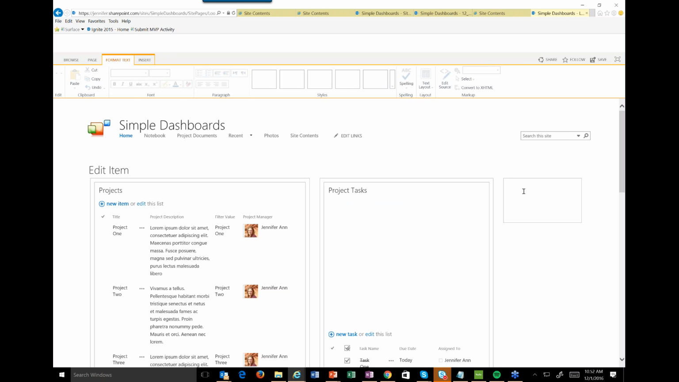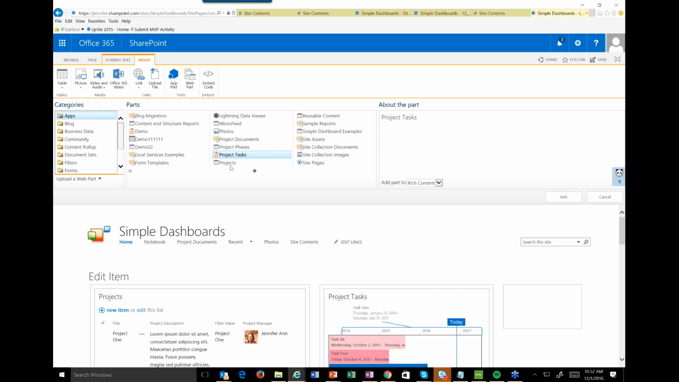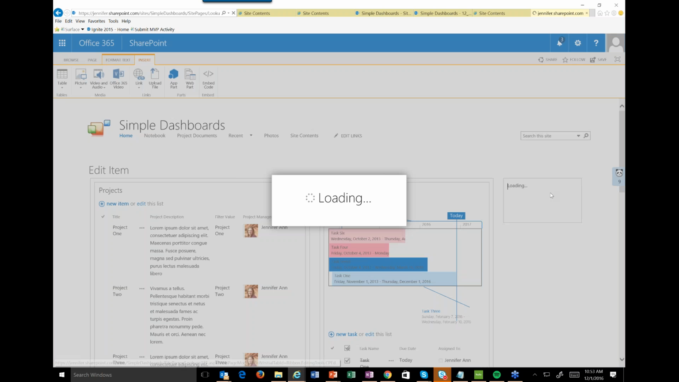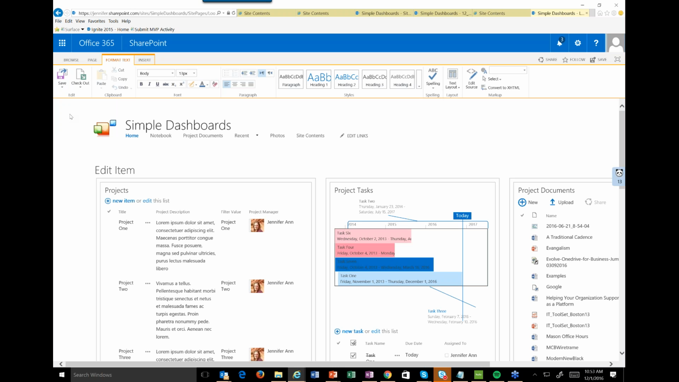And maybe the third one that I want to insert here is going to be my documents. So I'll come over here to project documents. Let's see, project documents. Okay, so now I have my web parts, and I just need to save and keep editing the page, and